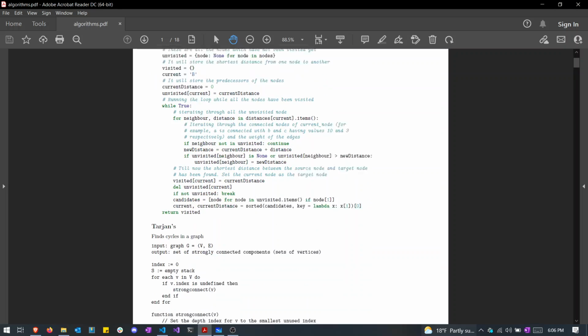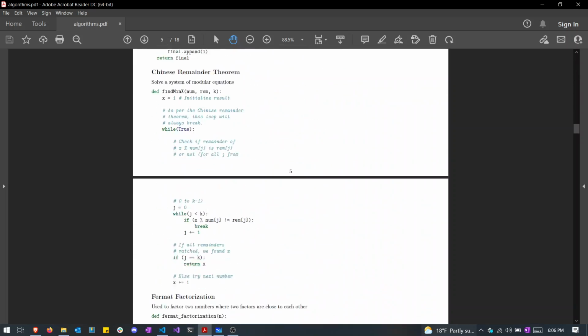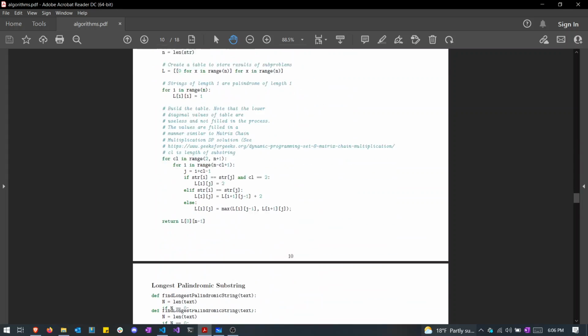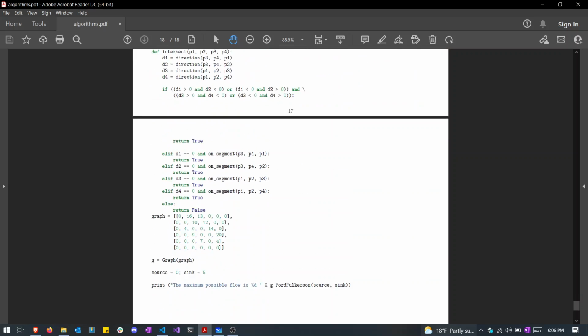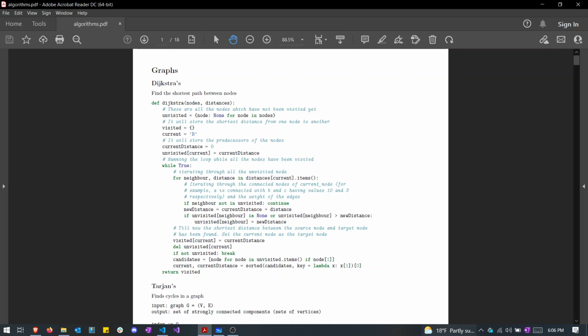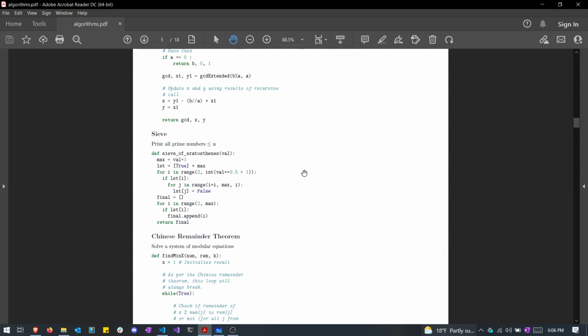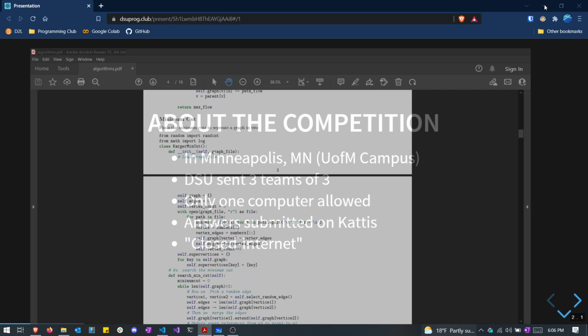A lot of the syntax is pretty similar, but anyway, here are all of our functions. We printed this thing off, killed a tree in the process, but that's okay. We did not use all of these, obviously, but there were certain times where we thought, hey, this function will be helpful, and we found it in our pages and it was ready to go, with the exception of one function that was copied and pasted incorrectly, which was kind of an oof. But otherwise, it was helpful. So that's the parameters of how the regionals was set up.